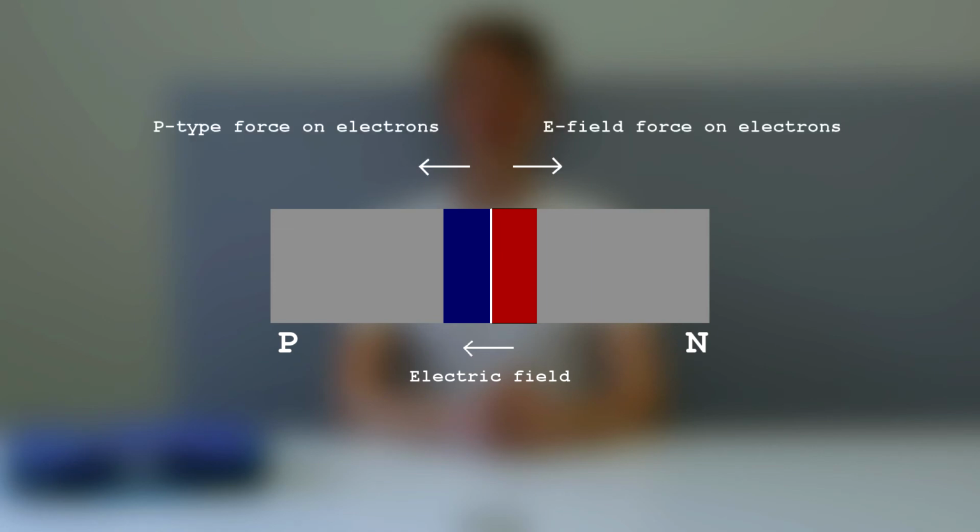If no current is fed to the diode, some of the electrons from the n-type material cross the junction and fill the holes in the p-type material. This causes the atoms to become charged ions with an electric field between them. The electric field exerts a force on the electrons opposing their tendency to cross the p-n junction. This creates an equilibrium state.